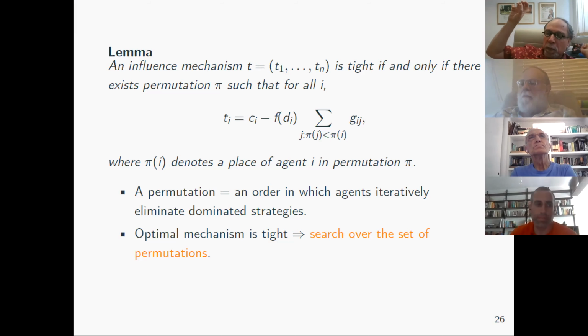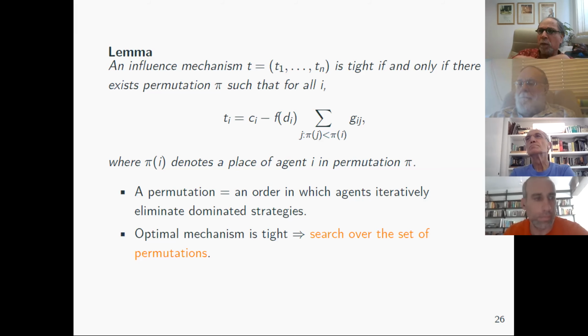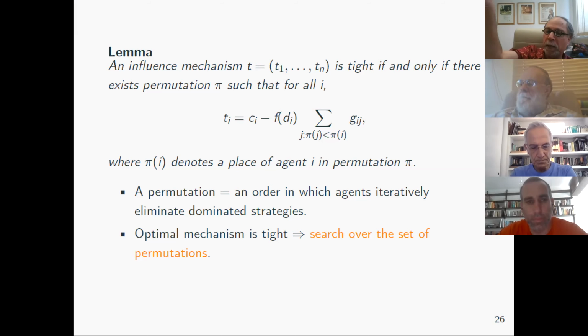Think of this order as a hierarchy of importance. The hierarchy of importance means that you transfer a lot of externalities to others. So the top in this order is going to be somebody from whom I'm not going to extract anything. I need to have somebody like that. The second party in the order is going to be somebody from whom I'm going to extract only the benefits